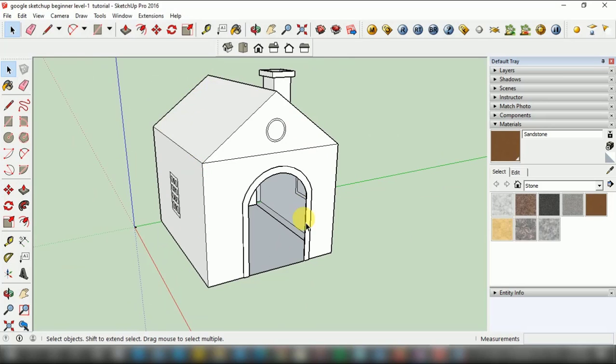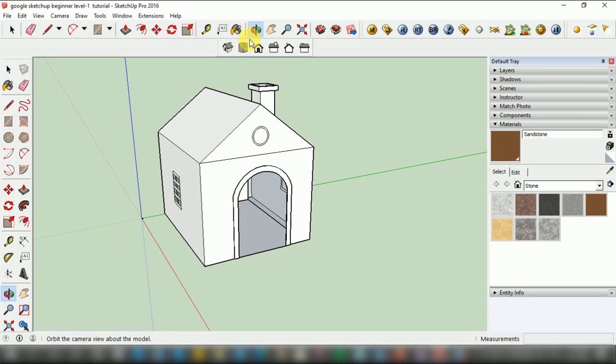These edges are very dark, on the outer side of this house, you can see here. But the edges which are inside this object are very light, not as dark as those on the outer side. Here you can see my cursor on them. These are the outer edges, and they are dark, but the inside edges are very light.